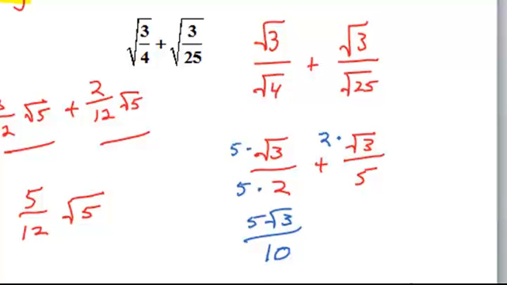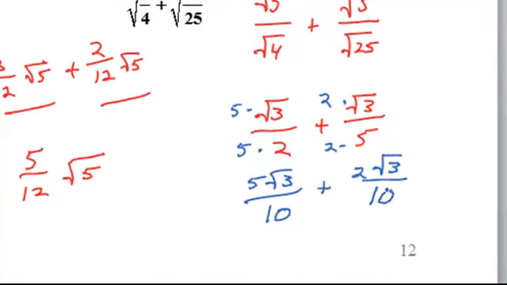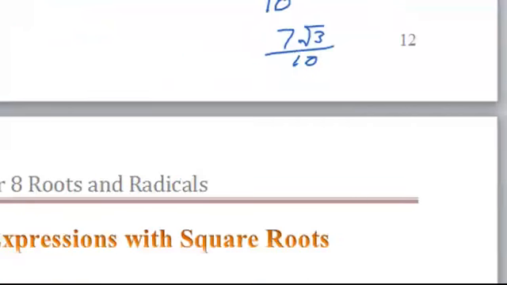Numerator and denominator by 2. Just making me rewrite. So we got 2 square root of 3 over 10. So what do we get? 7 square root of 3 over 10. Okay? Okay, I'm going to hit stop for 1